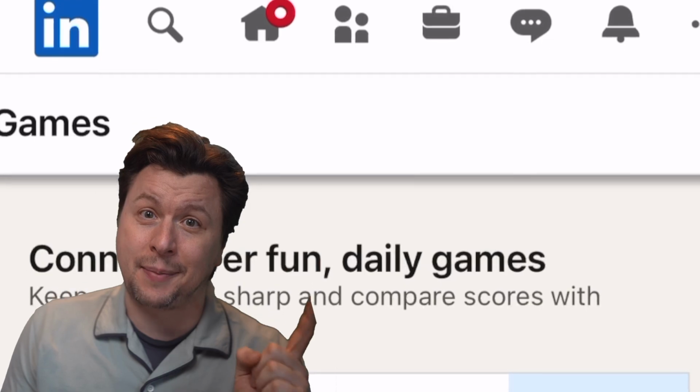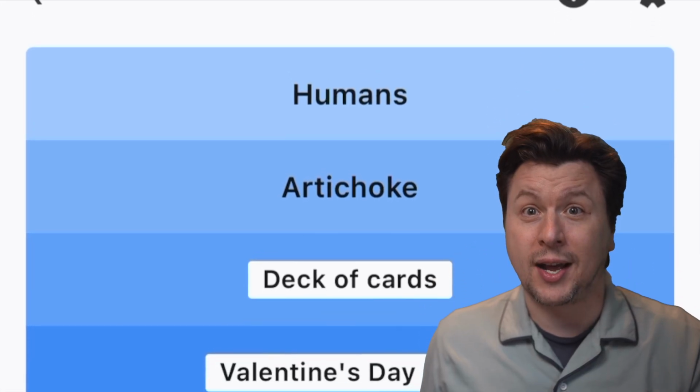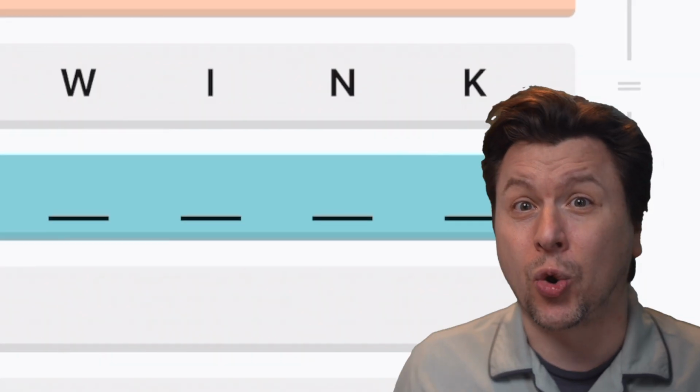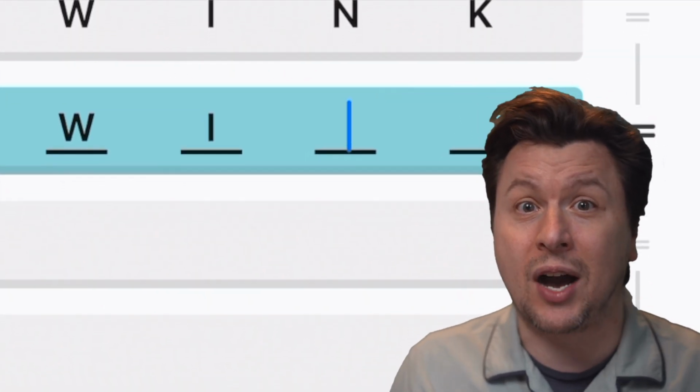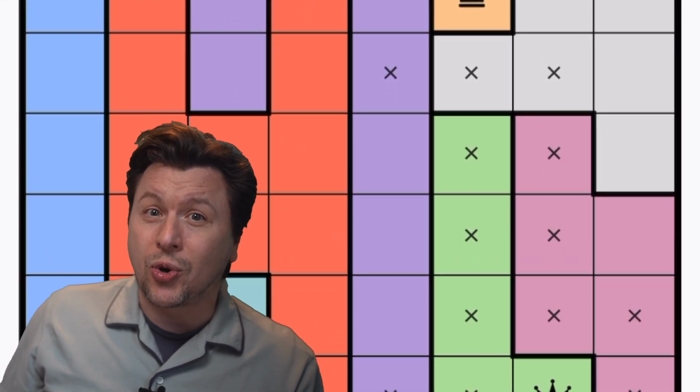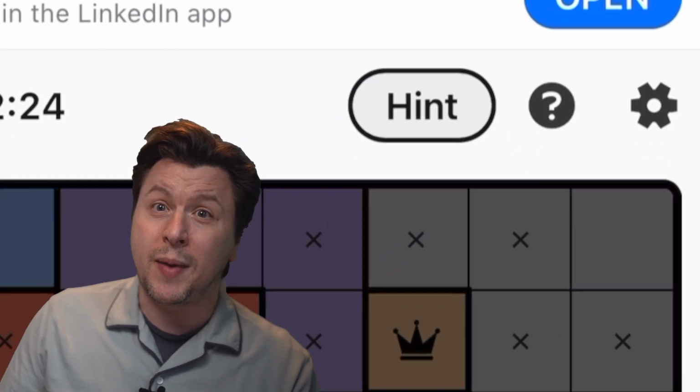So, LinkedIn has games now. They've got 3 of them. Pinpoint, a category game kind of like that old $25,000 Pyramid show. Cross Climb, where you unlock a trivia ladder by swapping out one letter in a bunch of 4-letter words that you guess. And Queens, sort of a Sudoku Minesweeper mashup that I used way too many hints to figure out